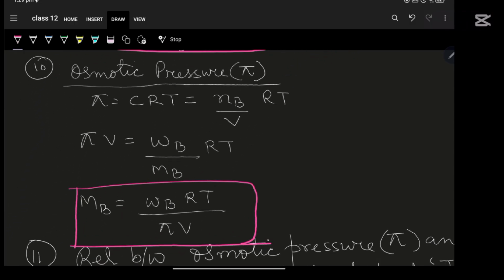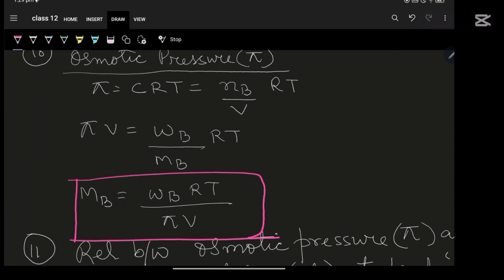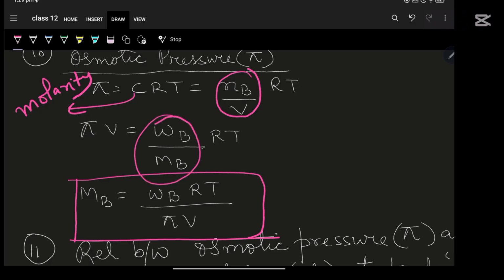Now osmotic pressure is pi. Pi is equal to CRT, where C is the molar concentration. So C is the molarity of the solution, and so this is more convenient to perform. So NB by V, that means number of moles of solute by volume of the solution in liter. You replace the number of moles by mass divided by molar mass and get this relation for calculating molar mass